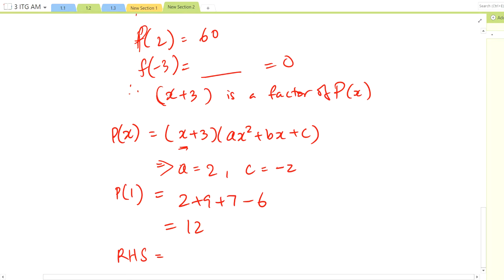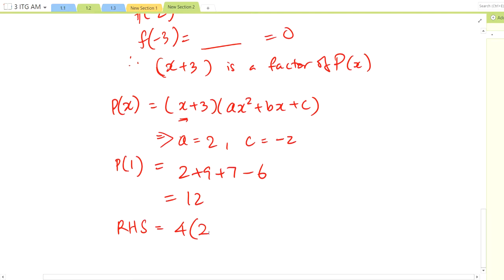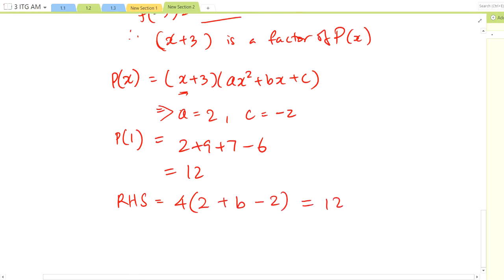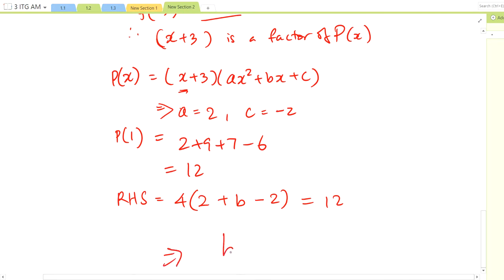Okay, then the right hand side, if I substitute in x equals to 1, I get 4 multiplied by 2 plus b minus 2, and this is supposed to be equal to 12. So get a value of b. Okay? So that's all for